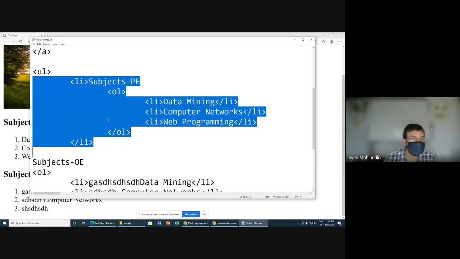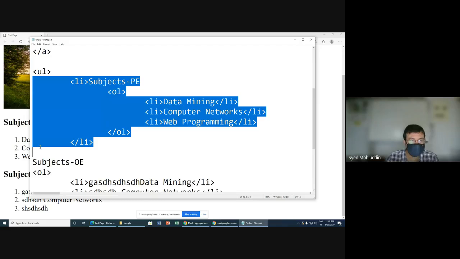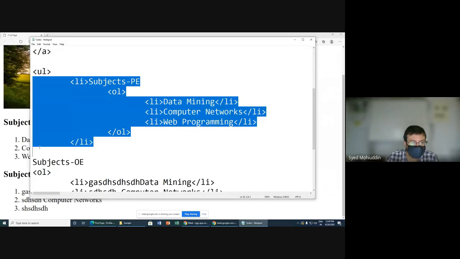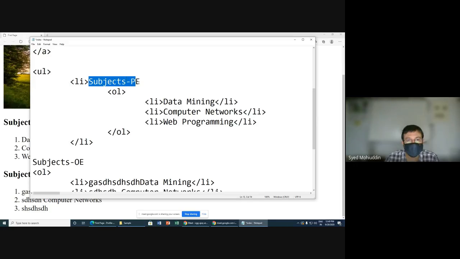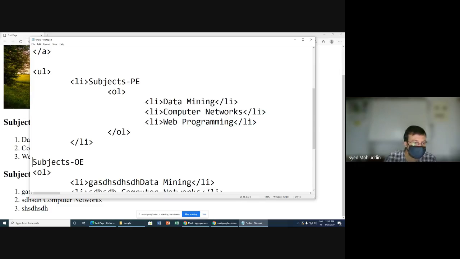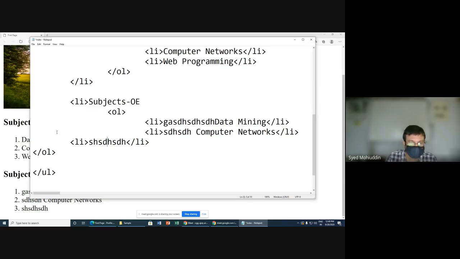of the unordered list, that is UL. So this is the first item for the unordered list, UL. And this item has its text, and along with the text, it has its nested ordered list. The same way, even here I'll do the same thing. That is, subjects OE, and I'll just tab this so that we will have no confusion